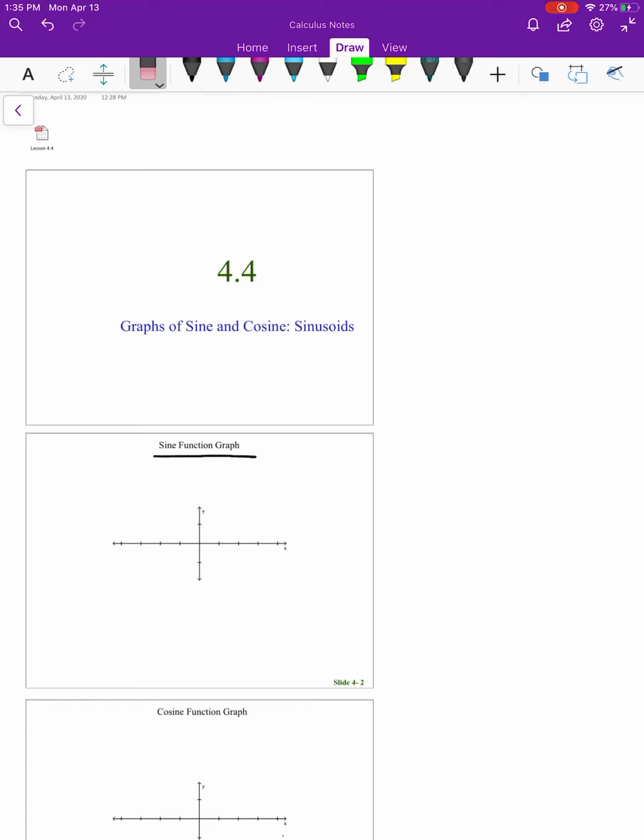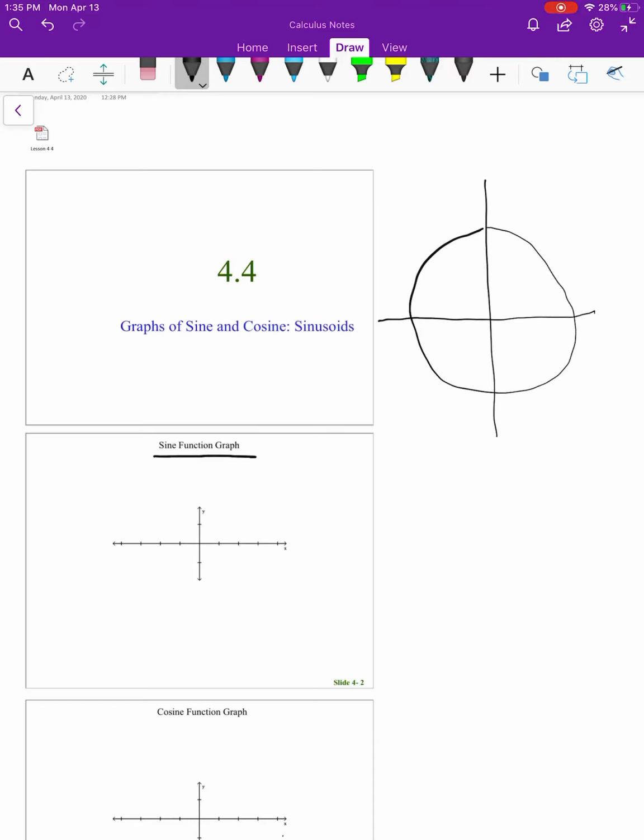4.4 Graphs of sine and cosine, sinusoids. We're going to start this lesson by reviewing the values of the unit circle on the axes. Okay, so I'm going to draw the unit circle here, and if it's the unit circle, we know that this